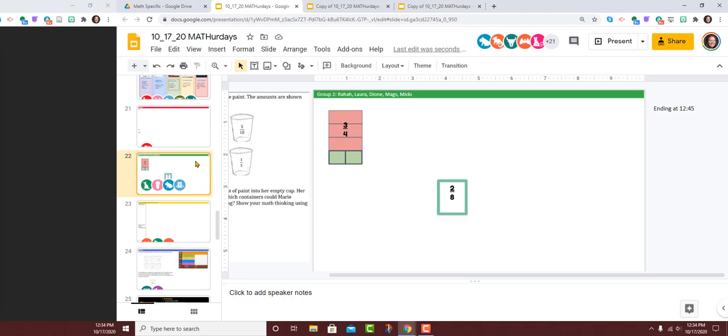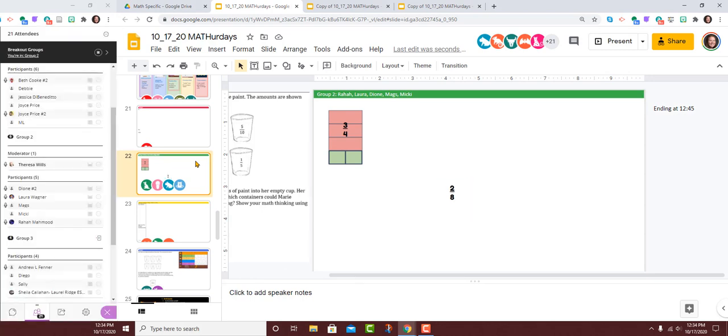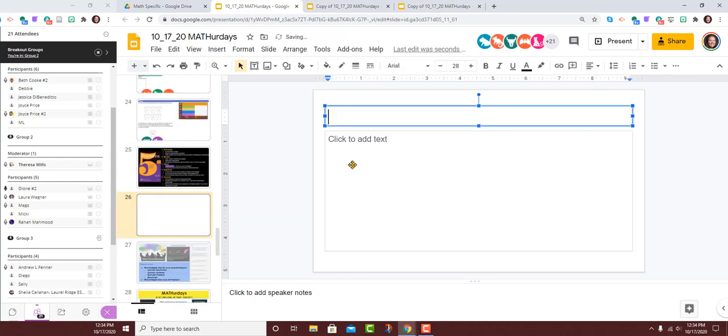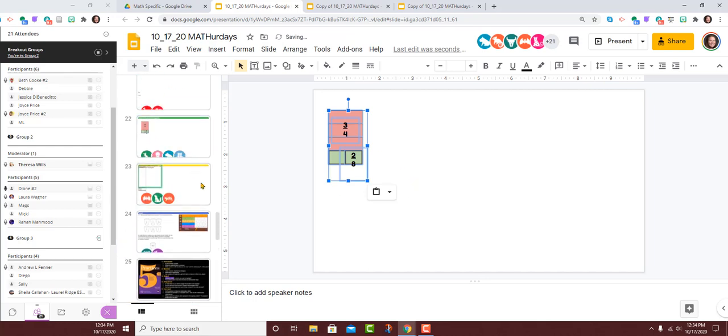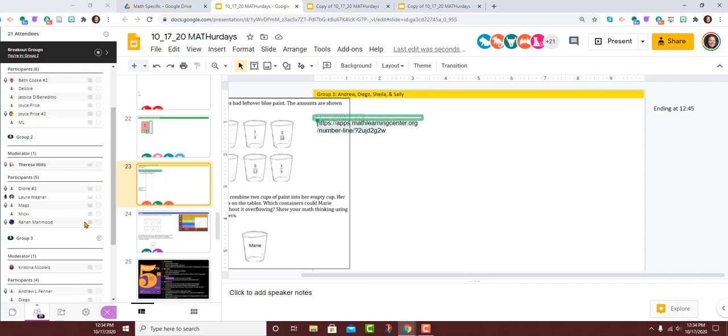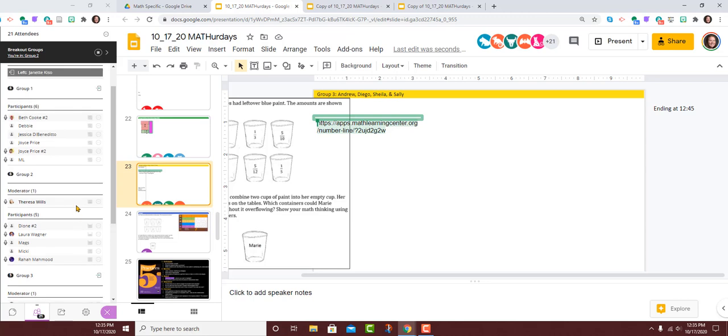Combine into the paint cup without overflowing. So if we filled it right up to the whole, that doesn't count as overflowing, right? If it goes right up to the rim of the cup, that's not going to count as overflowing. So if you do the 3/4 and the 2/8, that'll be fine. We're looking for friendly denominators that are compatible with each other. What about 5/10? And I'm just thinking 1/5. Yep, those would be compatible for sure.